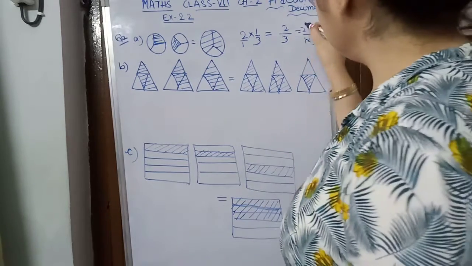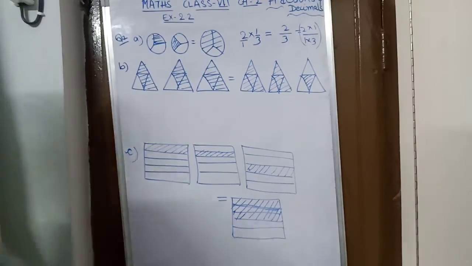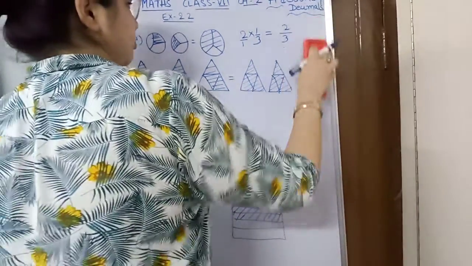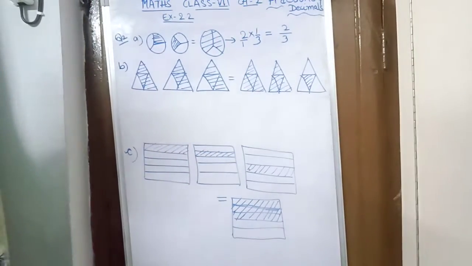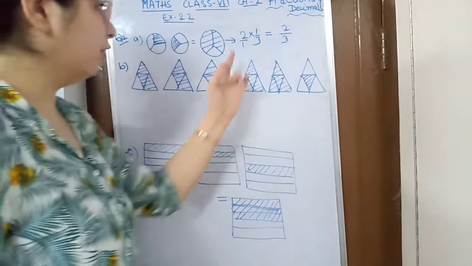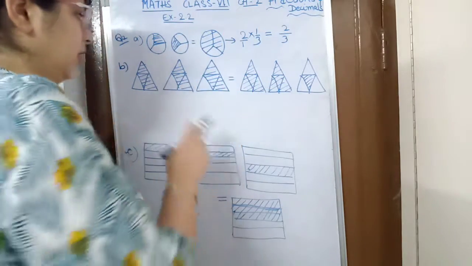Okay, this portion you need not solve, it is just to explain you the concept. Okay, so I am rubbing this portion, we have to write this. So our answer we have got. Okay, we do not need book and we have not used the book for our answer. We have just seen the figure and we have found the answer. Now come to this side.